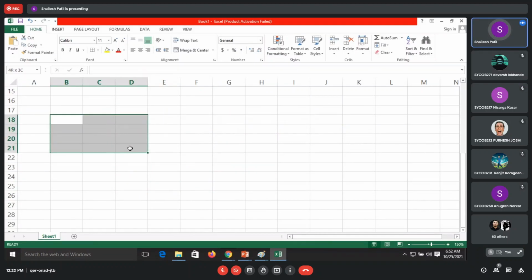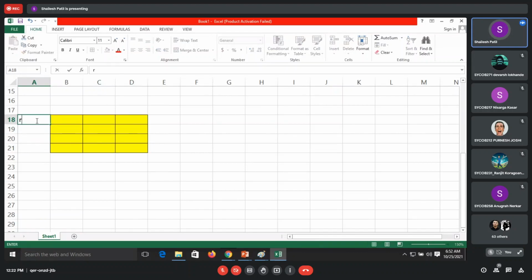If you go for the multidimensional array, it is the same way. Suppose we have this as rows and this as columns, and we have a 3 into 3 array. Can you tell me how we can calculate the address of this? These are rows 0, 1, 2, and columns 0, 1, and 2.